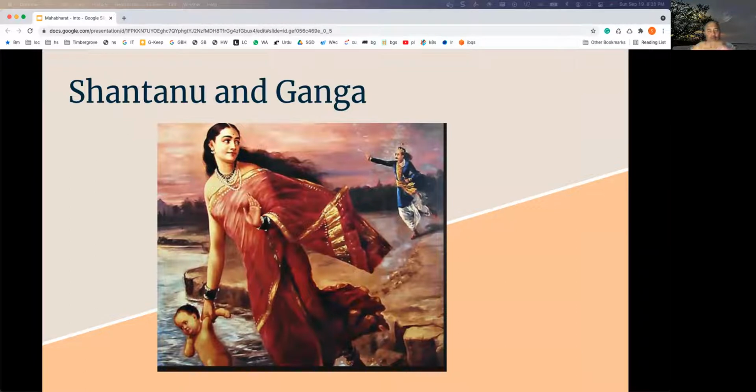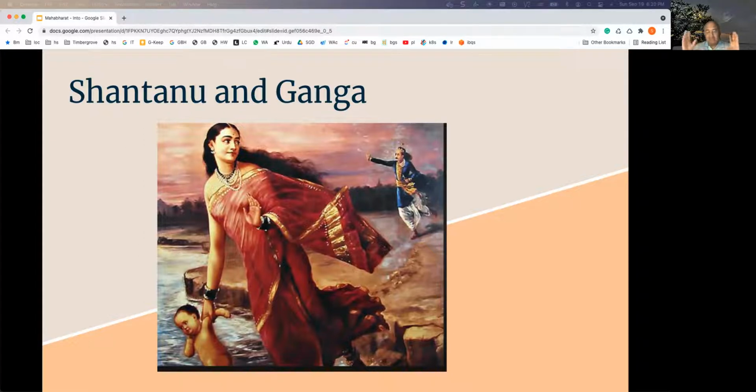And don't just go overboard saying, this is all fantastic and far-stretched, so there's no point reading into it. Keep an open mind. You'll see more meaning in it once we get into it. So this king Shantanu, he marries the river Ganges, and